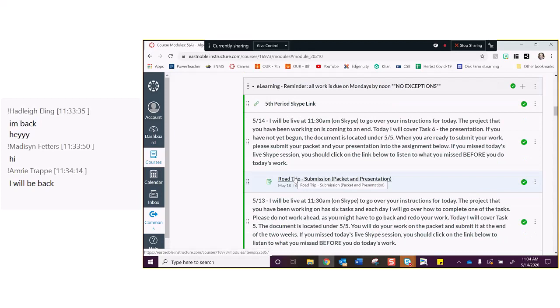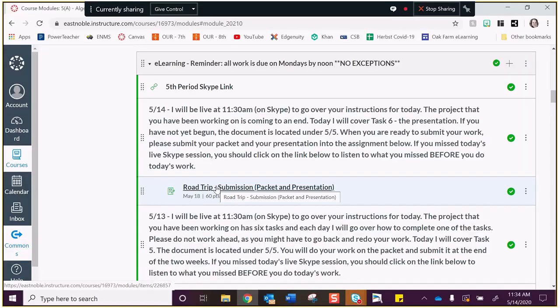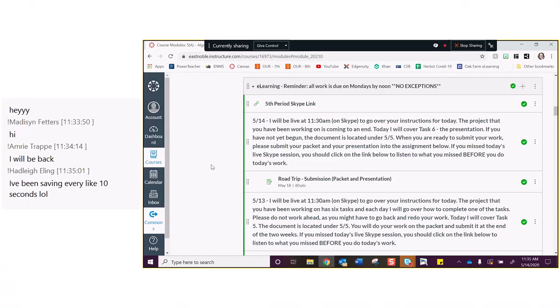When you want to submit your work, I have the link or the assignment here, and it's called Road Trip Submission, Packet, and Presentations. Remember, both of those things need to be submitted, and I'll try to be checking that as you submit things. I'll try to be looking to see if you missed something or forgot to submit something, or maybe you submitted a blank version instead of the one you were working on, and I'll try to get back to you.